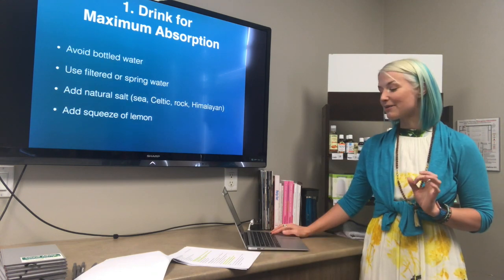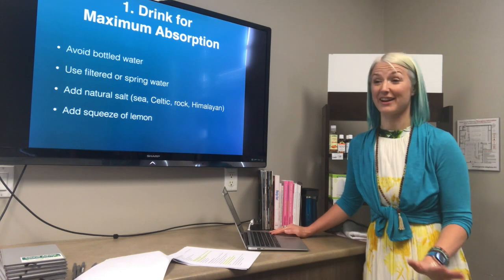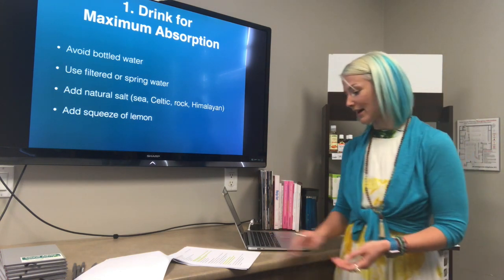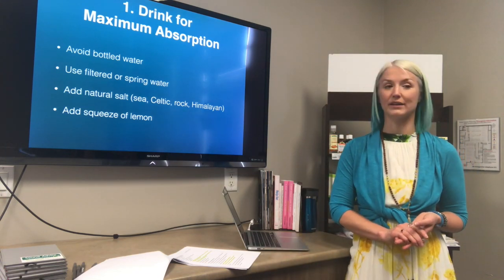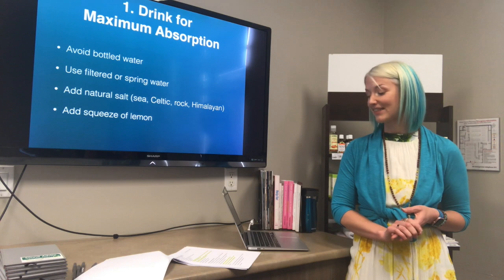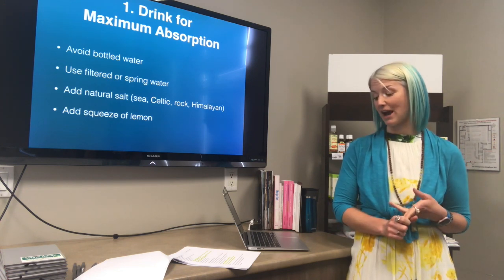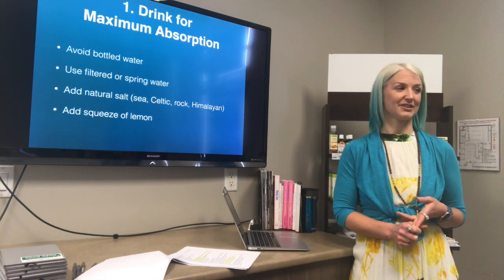and so you're really front-loading your day with tons of water. Recommended to avoid bottled water. I mean, if you're at the PNE and you've got nothing else, you have to do what you have to do, but bottled water has some interesting statistics. It takes 3 liters of water to produce 1 liter bottle of water. It costs as much as $10 per gallon versus pennies for tap water, and 14% of all litter comes from beverage containers.